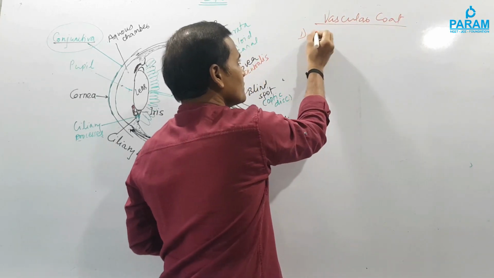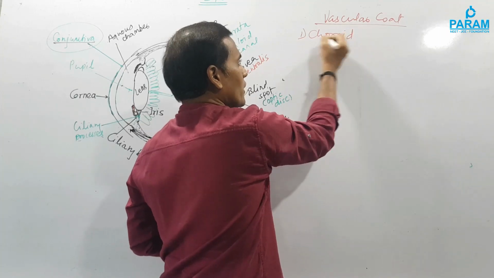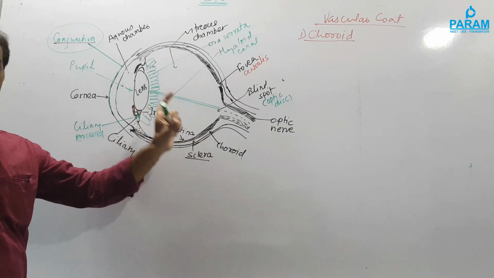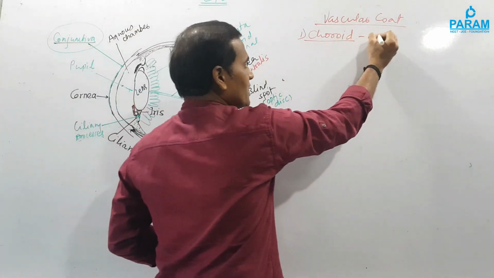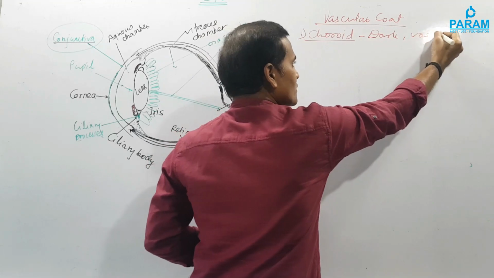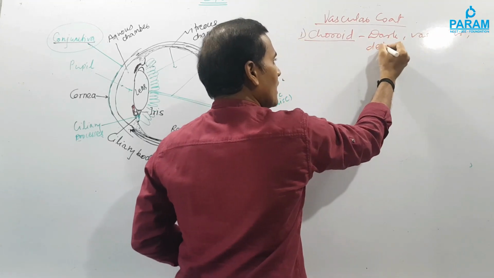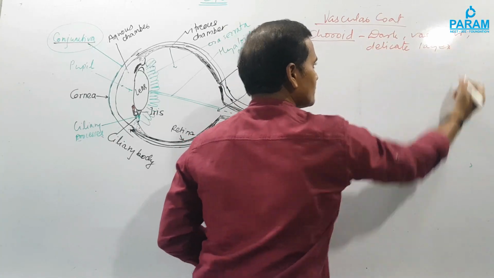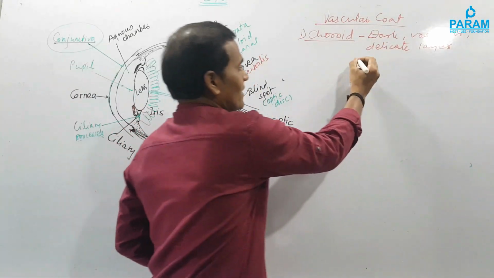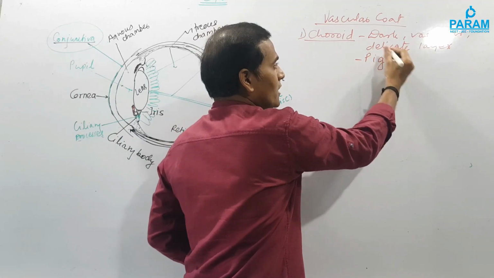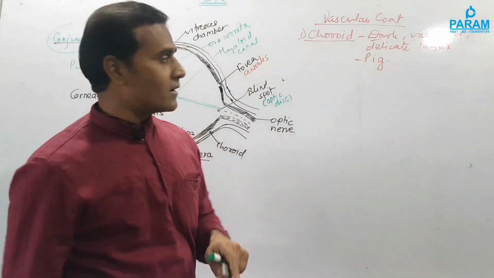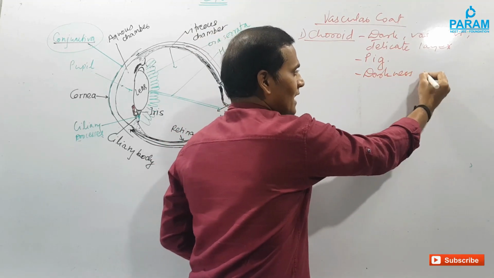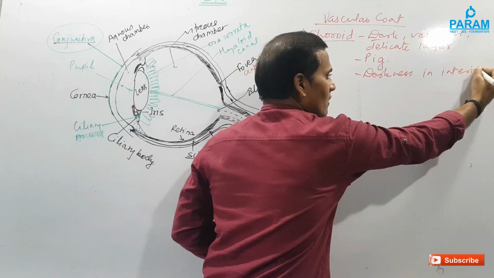Vascular coat, again, is made up of choroid. In the diagram you can see choroid, the dark, thick layer, which is vascular. It is a dark, vascular and delicate layer of your vascular coat, right. It is pigmented, that means there is a presence of pigment, that is why we say that it is dark in color. And darkness in the interior of the eye